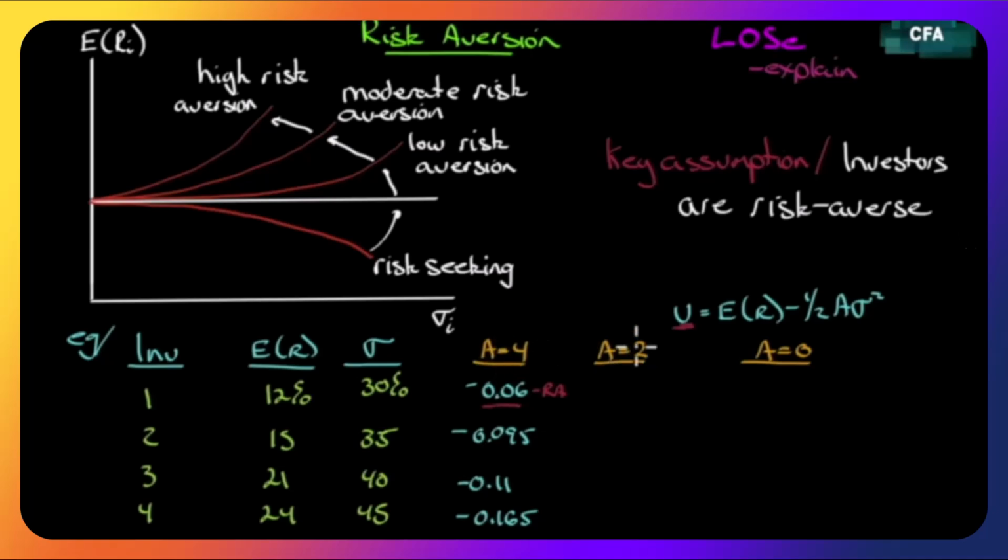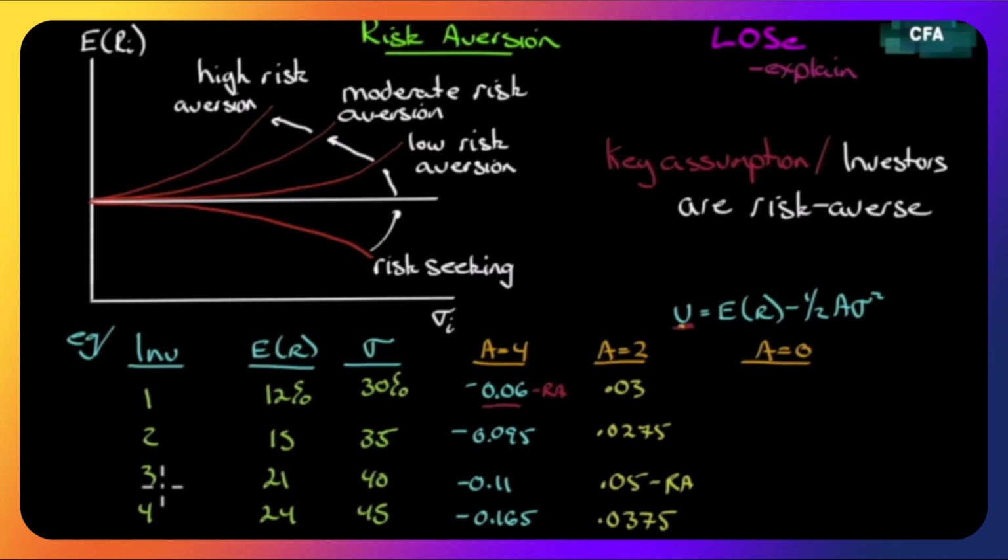Well, what if we're not so risk-averse and we're down to a 2? How would we rank these portfolios now? And again, you just substitute them in. Everything stays the same except the A changes from 4 to 2 with these same numbers. And let's re-rank them again. We'll get 0.03. We'll get 0.0275. Here we'll get 0.05 and 0.0375. We're trying to maximize utility. So we want the largest number because this is what U equals. Well, here it is right here. This is what a risk-averse investor would choose. They would choose investment 3.